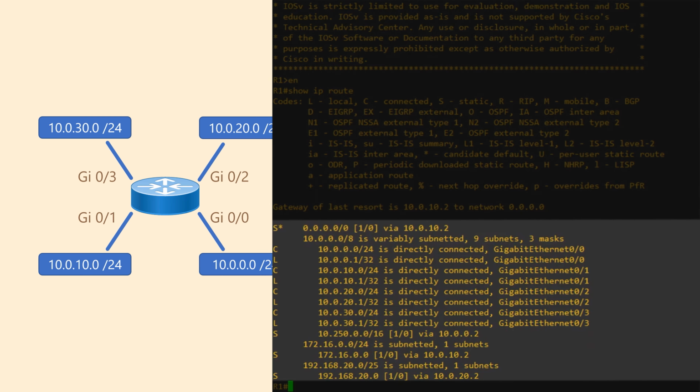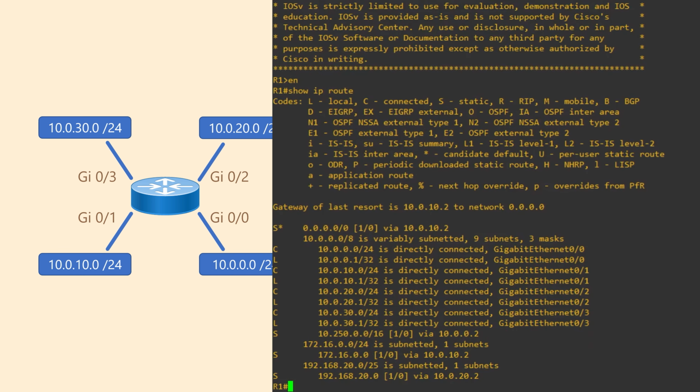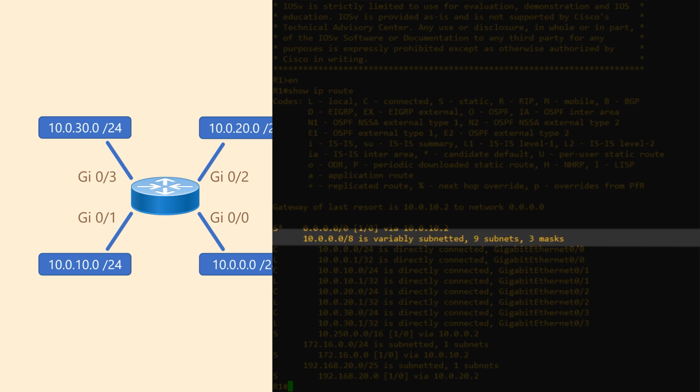Right now, we're interested in this main section. Each line represents a route to a network. For example, we see the networks that are directly connected to the router. You'll also notice that these use CIDR notation. Notice that our directly connected routes are organized as part of the 10.0.0.0/8 network. This is something that Cisco and some other vendors do. Think of these as large networks that the router has divided into smaller networks.